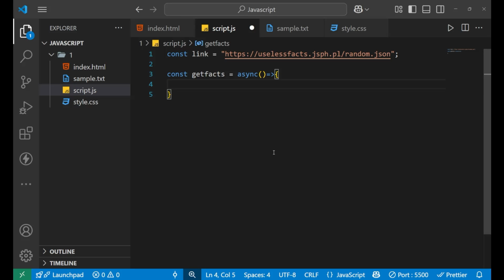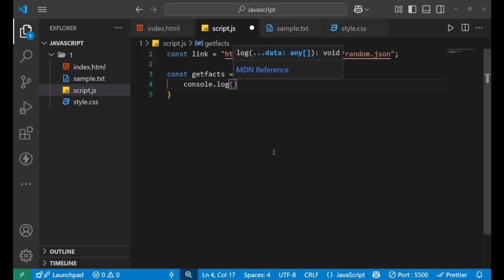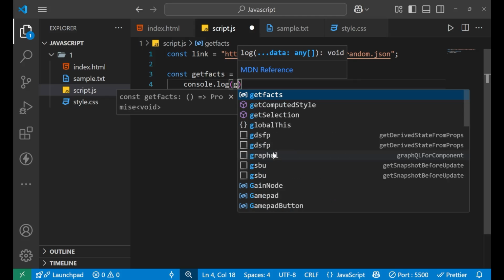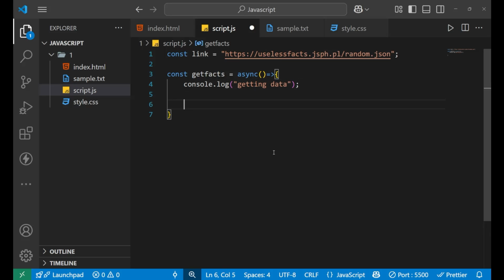Inside of this, I'm writing console.log, getting data, right?